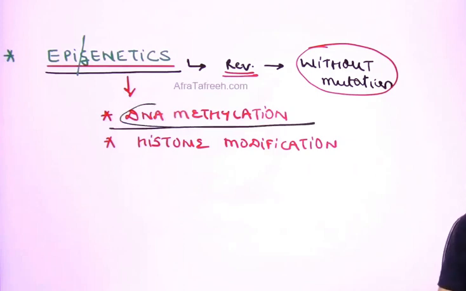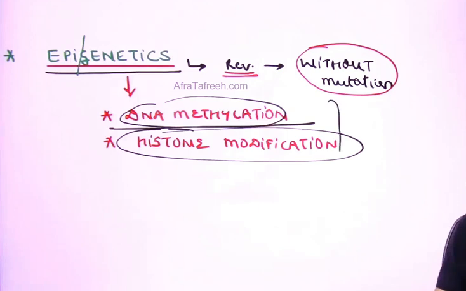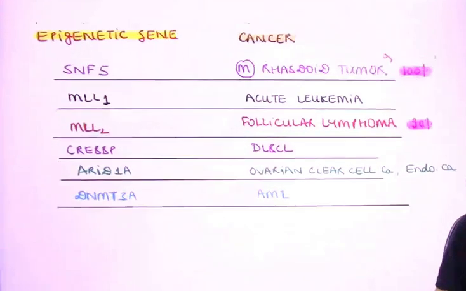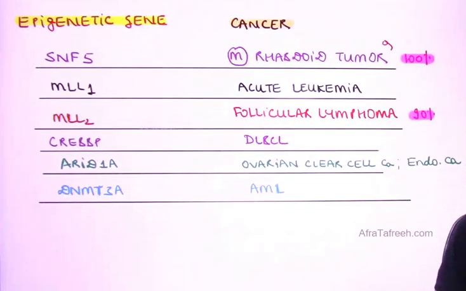Now, why is epigenetics such an important topic these days? Because of the mechanisms, obviously. It is also seen that nowadays there are a lot of genes which are going to have a change in their nature because of the epigenetic influence, and they have been very, very importantly associated with certain types of cancers. So if you look at those genes, we just need to be familiar with the important examples, and some of the common ones which are strongly associated include SNF5. This is 100% associated with malignant rhabdoid tumor, and that's a very, very potential question for your exam because of its strong association with malignant rhabdoid tumor, particularly if you have a target of cracking a tertiary care institute exam.